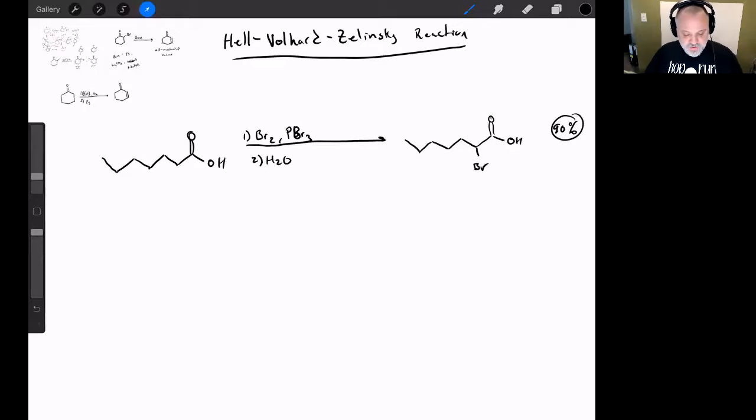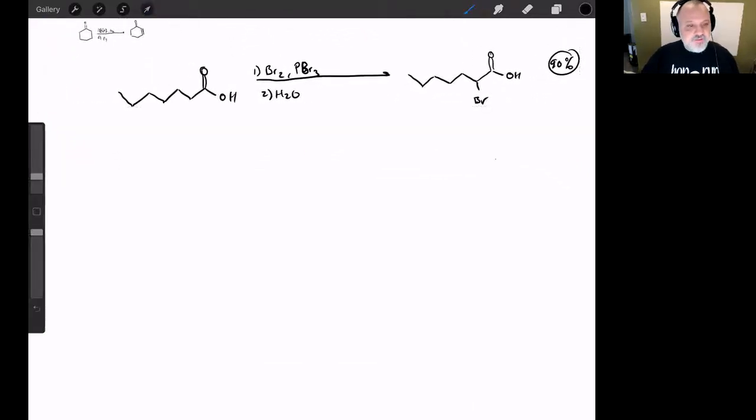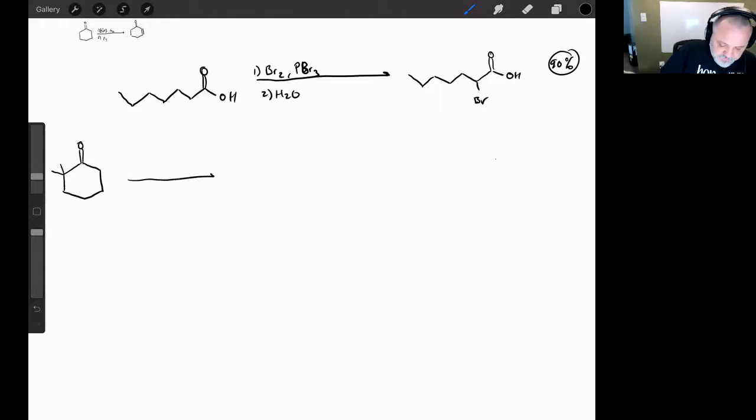So that's a reaction that you have to know, and I'm going to leave that up at the top there. I'm not going to talk about the mechanism of that because we don't know the mechanism well. But I want to go back to alpha halogenation, and consider it instead of under acidic conditions, under basic conditions. Now, you still get in essence an alpha halogenated product with hydroxide